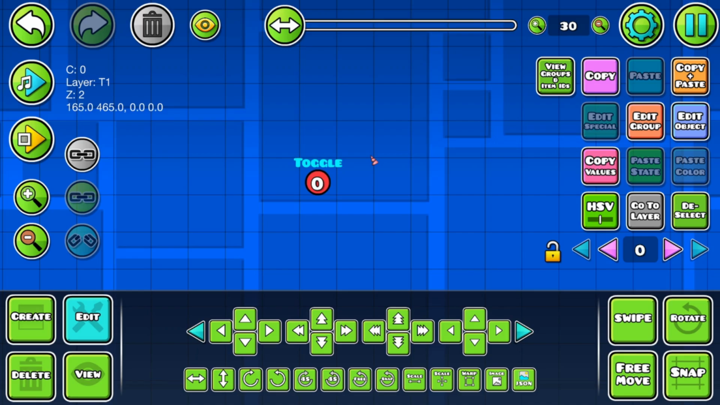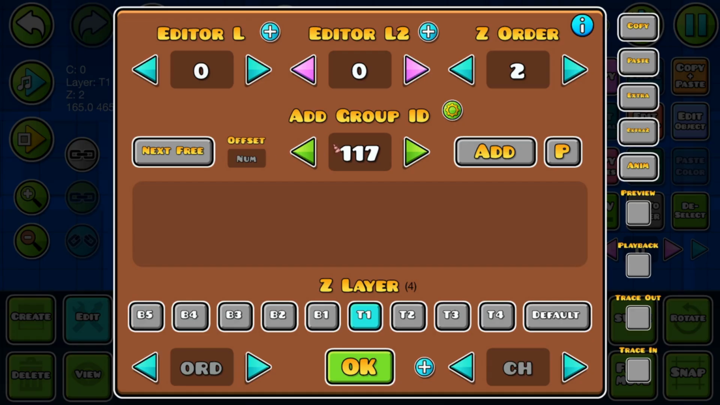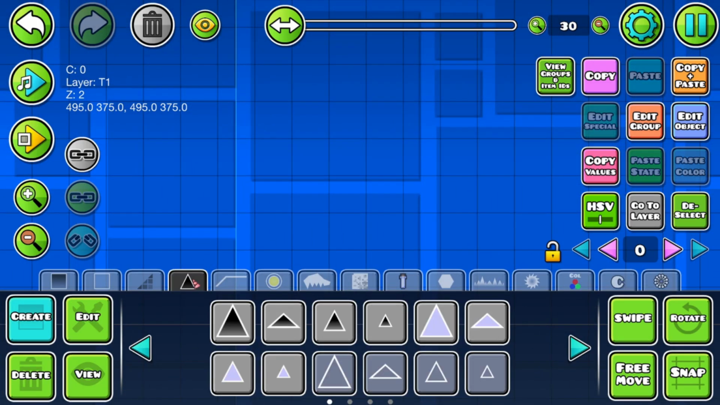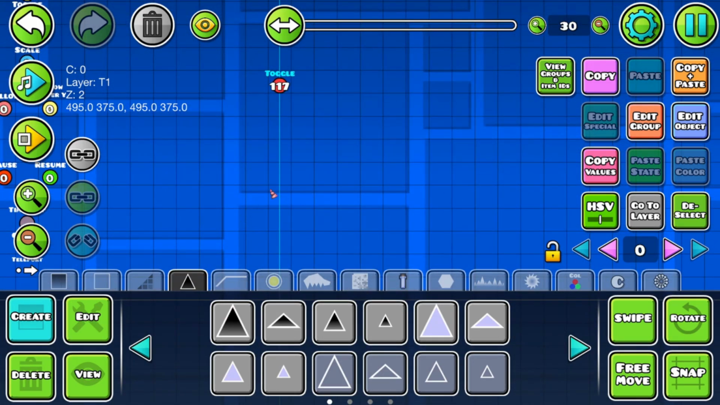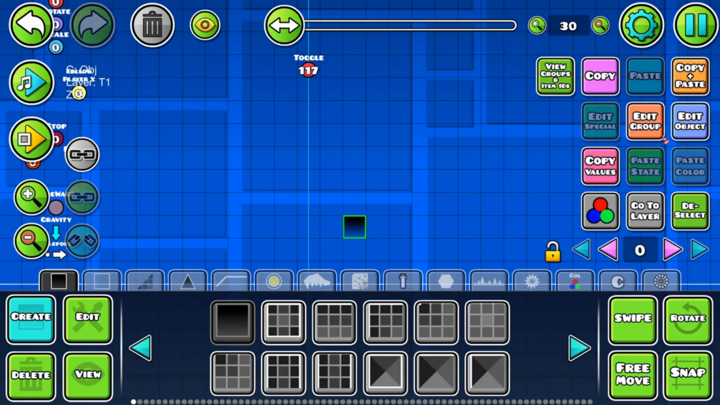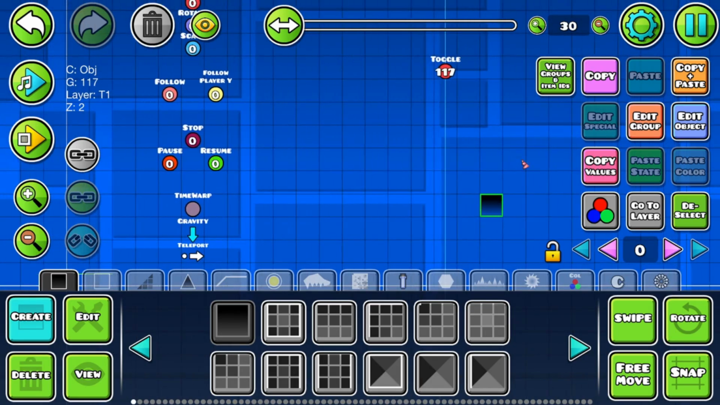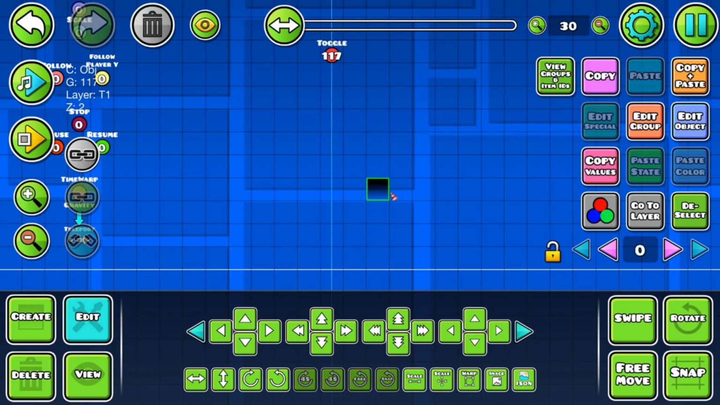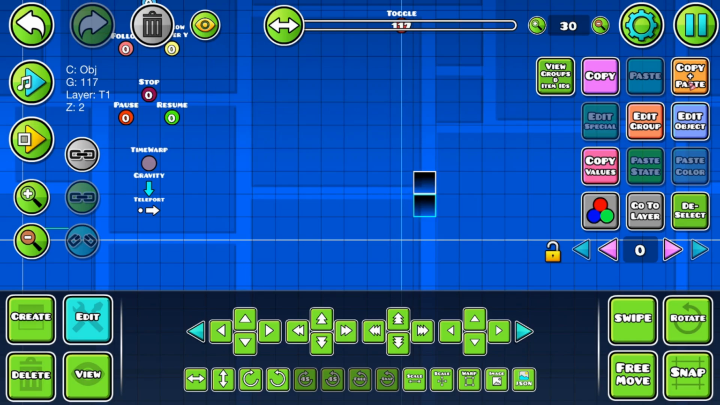I'm not sure if I should say this, but it's basically the simplest trigger there is. You take a channel, our example channel is 117, and what it does is basically it deactivates an object. We can see that just like with the alpha trigger, it turns them invisible, except there's no fade time. It's instant, but unlike the alpha trigger,